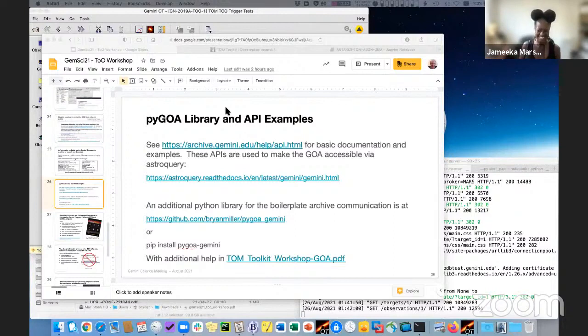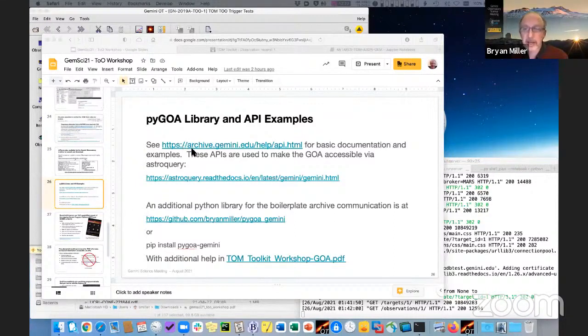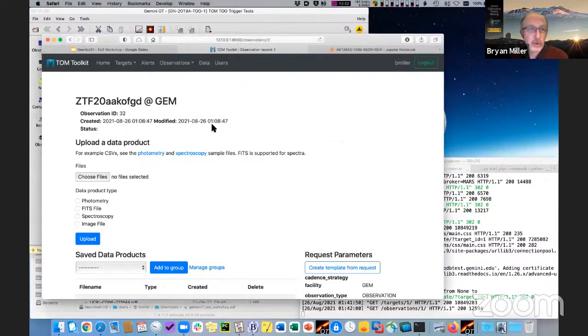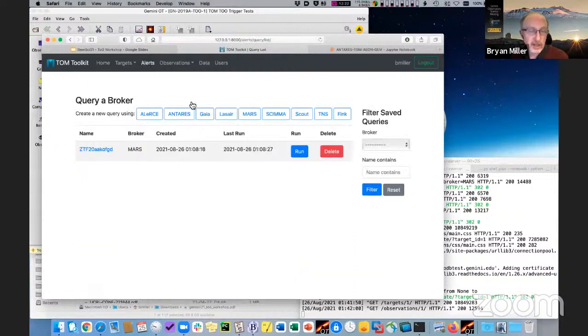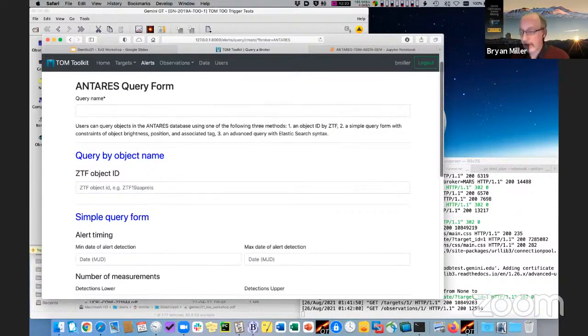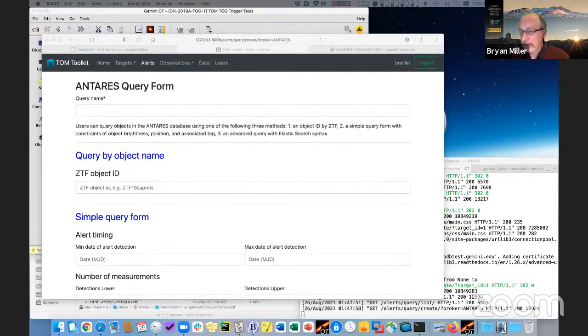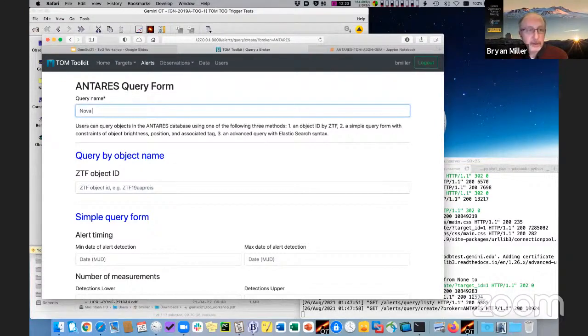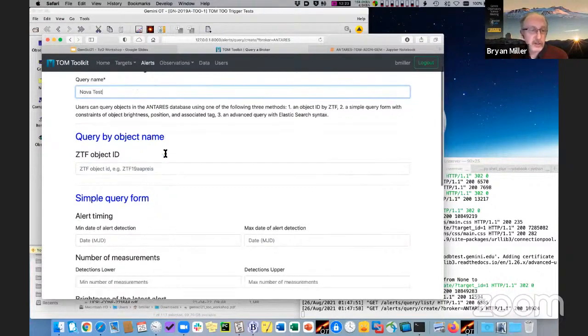Okay, very good. Since I think we're doing pretty well for time, I am going to go backwards a little bit and do one other example with the Tom to show, again, using Antares. So I'm going to use this Antares plugin that I installed and just show how that can be used. I'm going to call this query Nova test, and this is going to use a